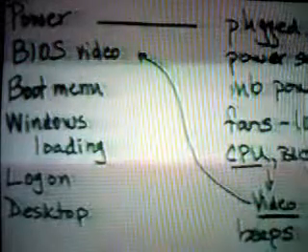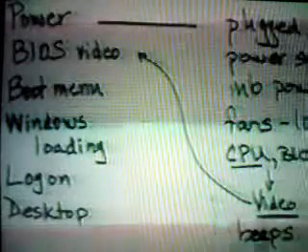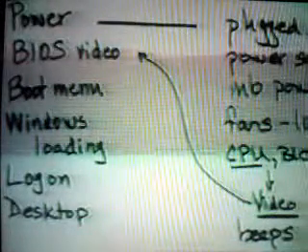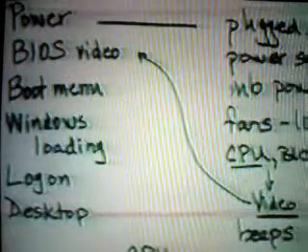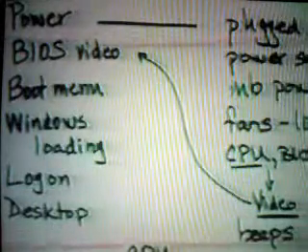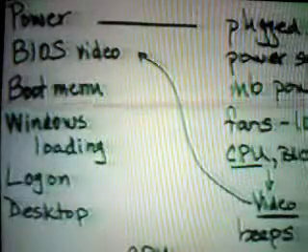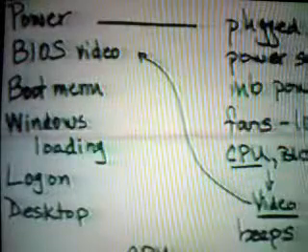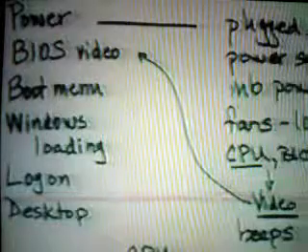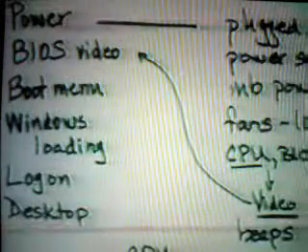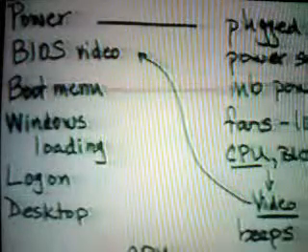If there are no beeps, or if you don't have a way to interpret the beeps, one solution that you can use at this point is to simplify the system to its most basic level, and that typically means removing everything except for the CPU, the memory, and the video card. These are the three components that you add to a computer that it requires in order to start. If you have multiple memory modules, remove every module except for one, and make sure you're using a video card that works. If you reduce your system and it still doesn't work at this point, try swapping out the memory